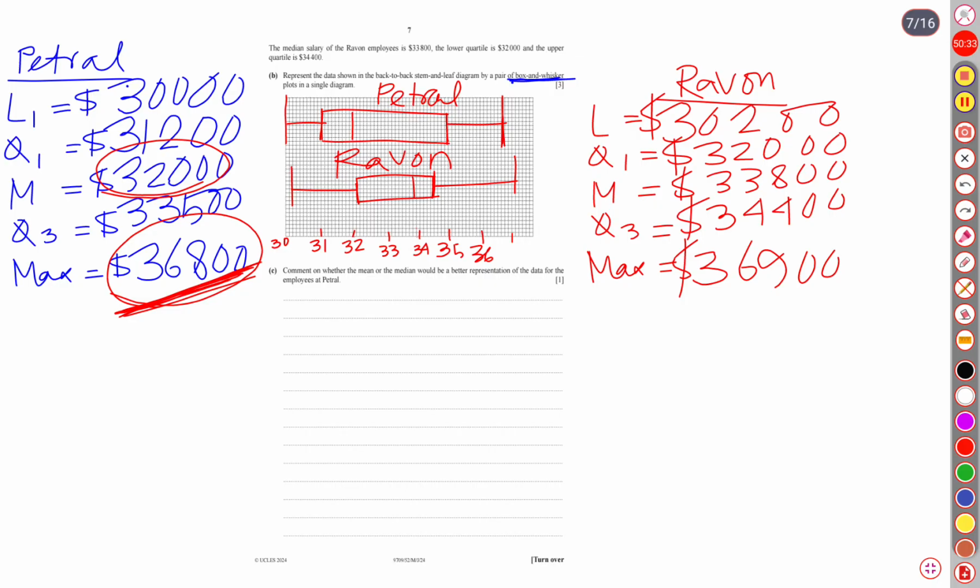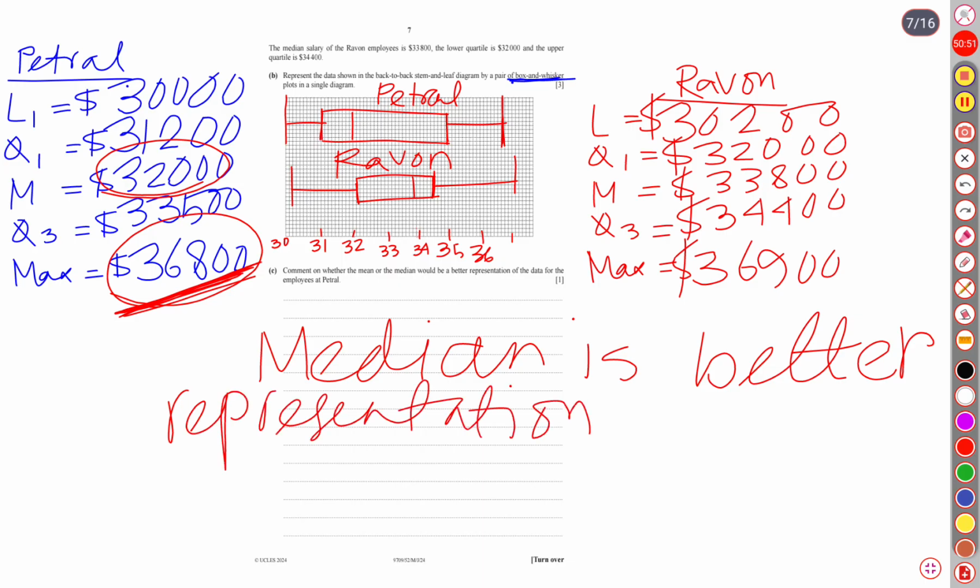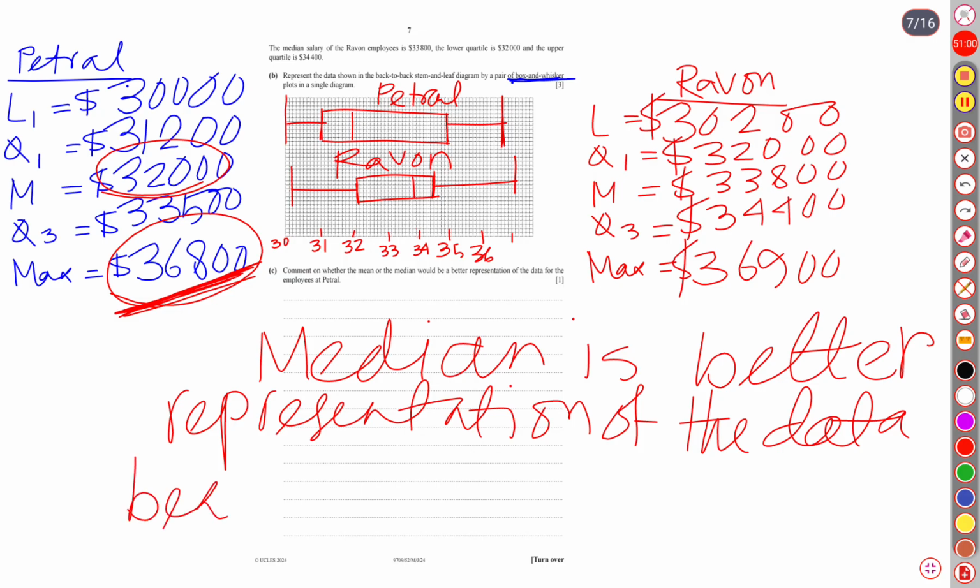So we will write: median is better representation of the data, because